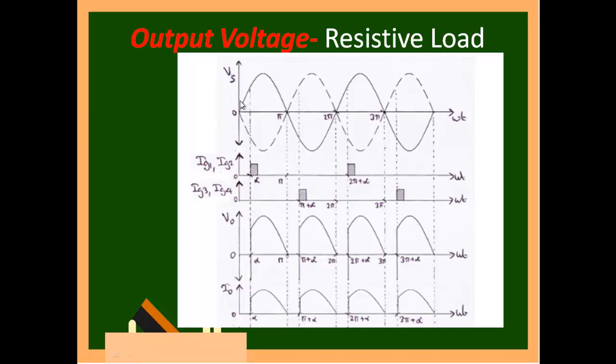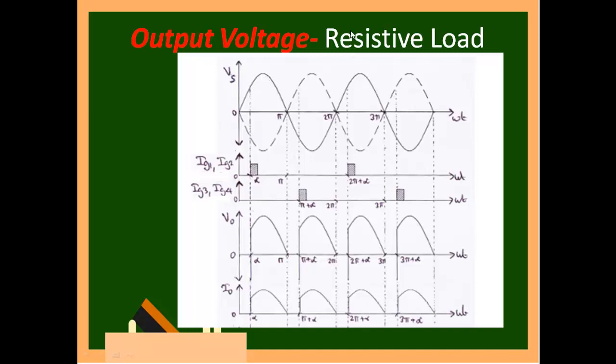So this is called alpha, from 0 to some particular value. What is the maximum range? I can go up to this. Pi is 180 degrees and 2 pi is 360 degrees. So for T1 I can control from 0 to 180 degrees, and for T2 from 180 to 2 pi. Let us say alpha is 30 degrees. At this instant if I fire, your voltage will start from here.